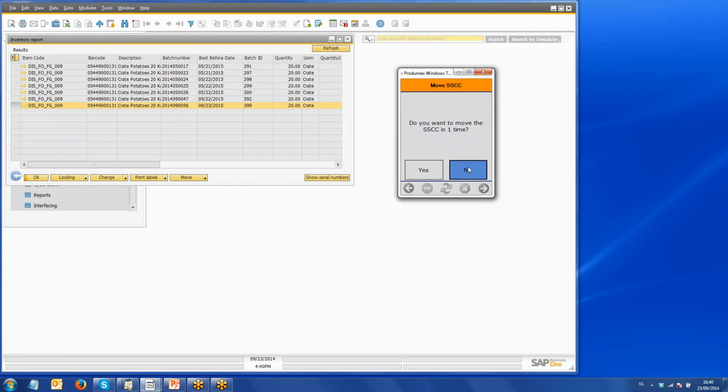Here it's also possible to configure whether you allow the operator to split the logistic unit and put part of it at one location and part of it at another location. So we're going to move it in one time. He suggests the default location where it can be put away. I can also ask him to suggest an empty location, but in this case I'll put it away to this position. Okay, they are moved, and if we then take the other SACC,